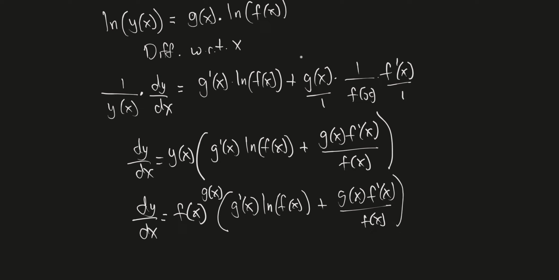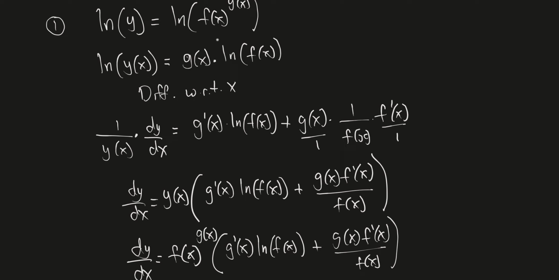And this process here, because this process started with taking the natural log of both sides, this process here is called logarithmic differentiation, right? So if we didn't use the ln, we would have had to use something else because we couldn't have differentiated the f of x to the g of x directly, right? We would have to do a process like this, right? So let me write that over here. So this process